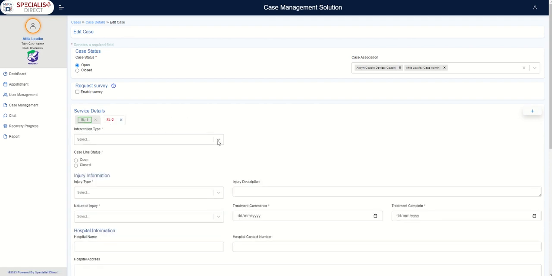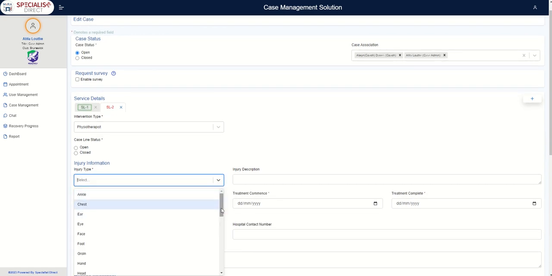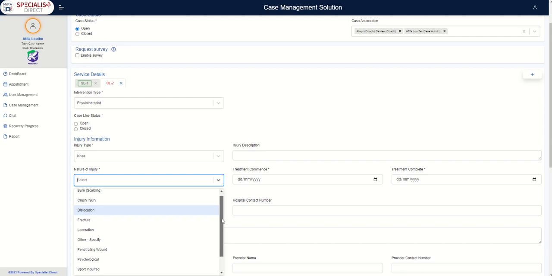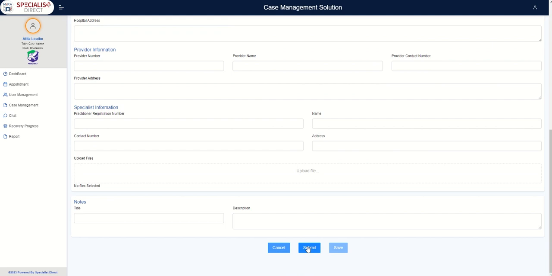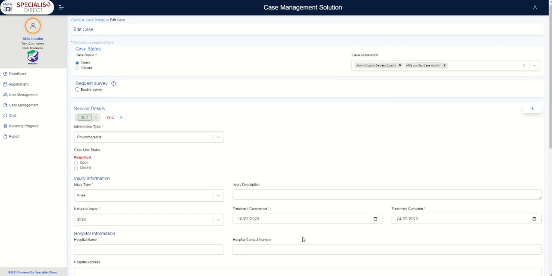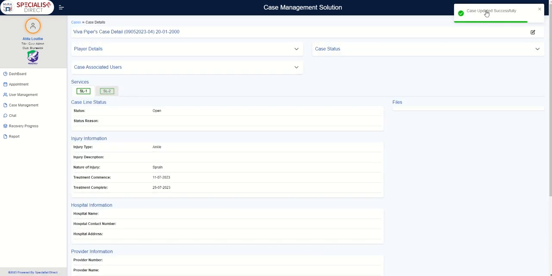Click SL2. Complete the related injury. Treatment commencement and completion, and submit. I need to click open here. Should be okay. Yep, case updated successfully. Great, so now you've set up your injured player, logged their injury by creating a case